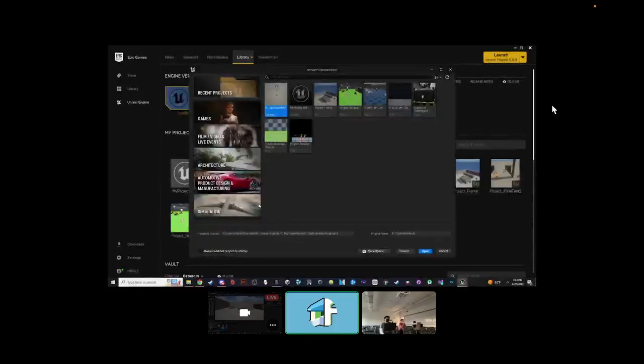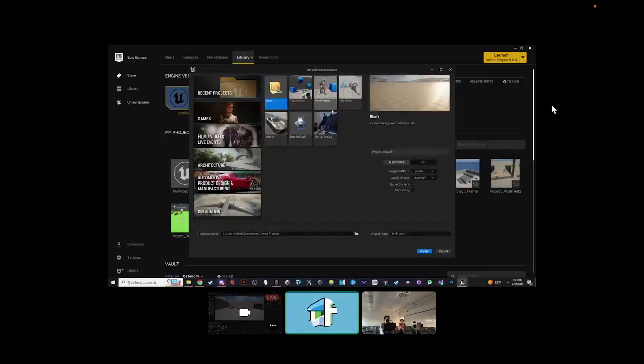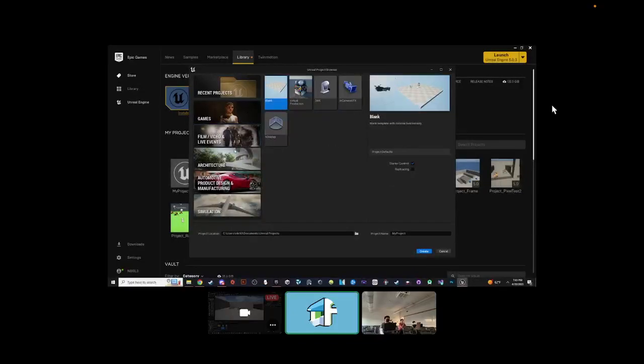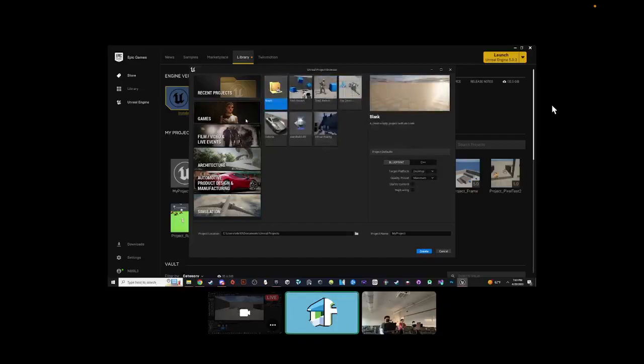And then you're actually going to be shown the starter templates. They have a lot to go over for any first-time user. It's slightly daunting, but at the same time, I like to think it's very exciting as well, because we got games, but they even got film and video environments, architecture, model simulation and stuff, because Unreal's kind of crazy like that. But let's just stick to the games for now.